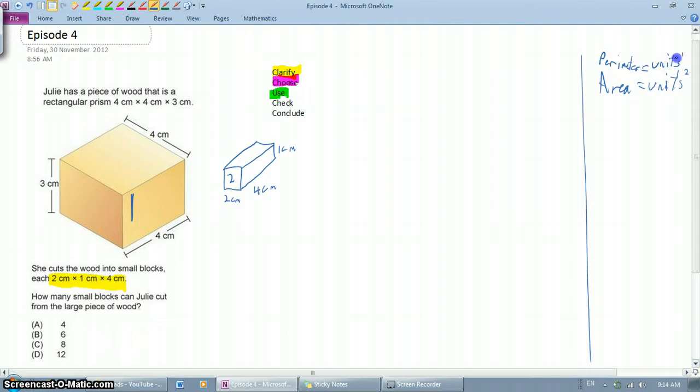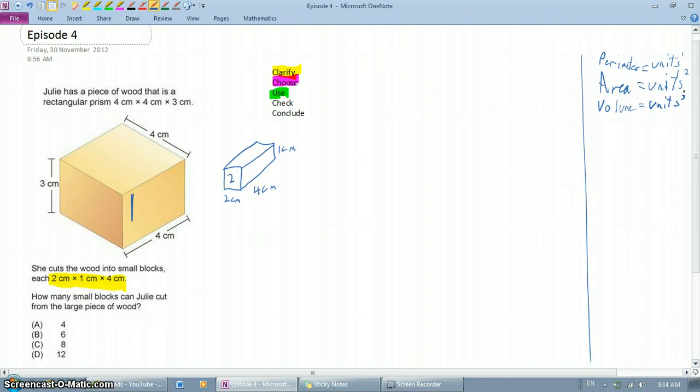However, I remember it as units 1, or one dimension of units. When we jump to volume and we're multiplying 3 dimensions together, we end up having units cubed. So I remember it as units 1, units 2, units 3: 1 dimension, 2 dimension, 3 dimension, perimeter,